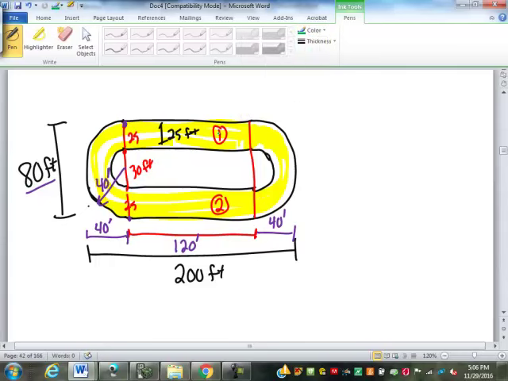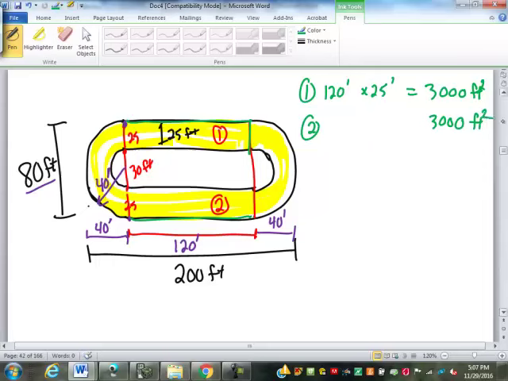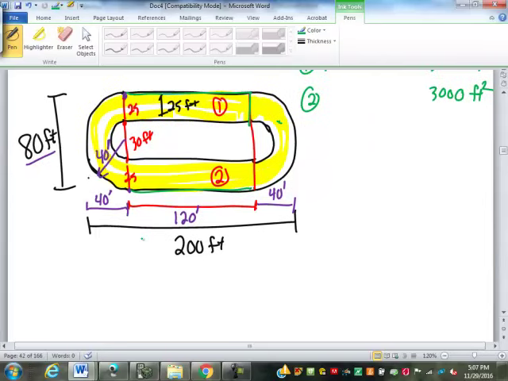So the area of piece 1 is 120 feet here, or here I guess I should say, by 25 feet, otherwise known as, what is that, 3,000 square feet? Does that work out? I believe so. Piece 2 is the exact same size, another 3,000 square feet. Now what I need to do is find these pieces out here. But if I look at them closely,